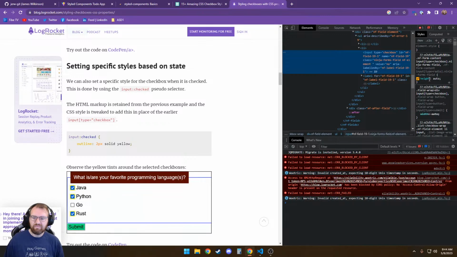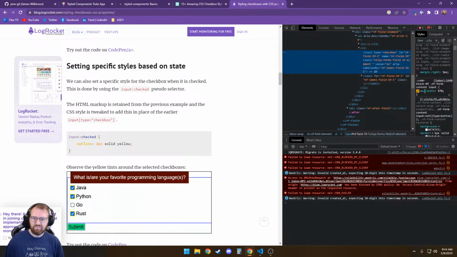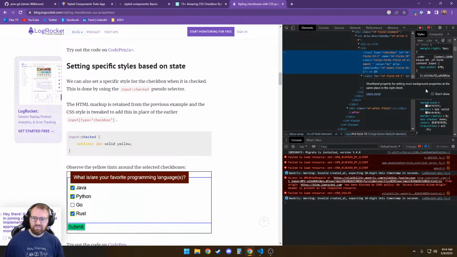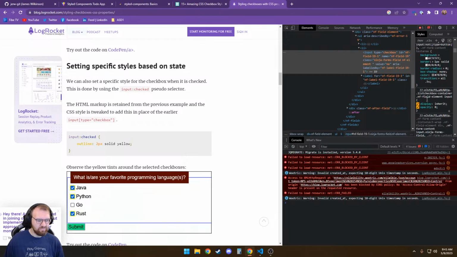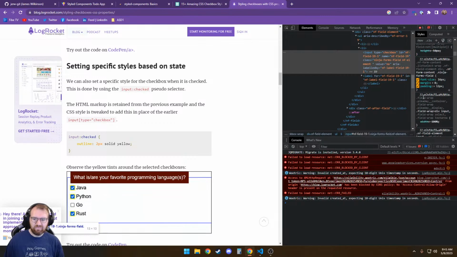Actually, let's look at that. That's exactly what I want right there. That checkbox. That's the label, and here's the input. I set a background, border,